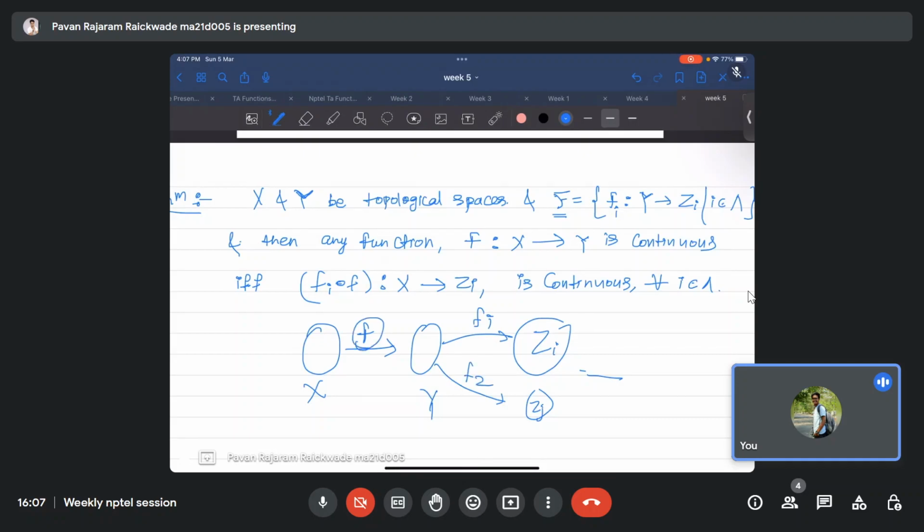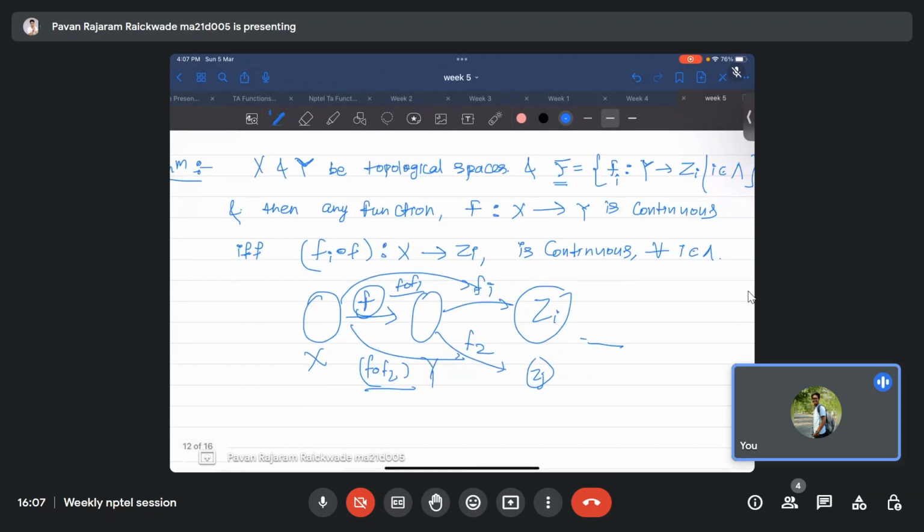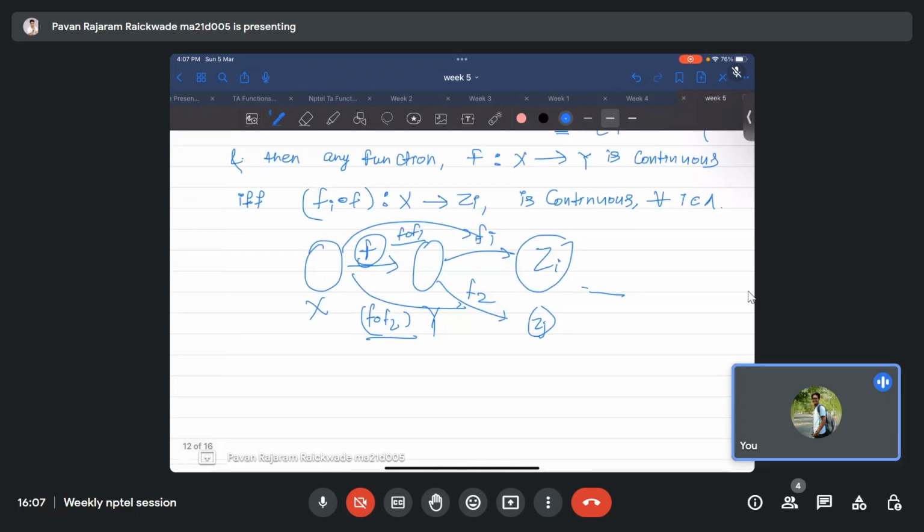So this function is continuous from X to Y if and only if you compose these functions f composite f1, f composite f2 like this. If these all are continuous, then you can say that f is continuous. It's an if and only if theorem. It's a big theorem actually, in topological spaces. Here, how this theorem is useful